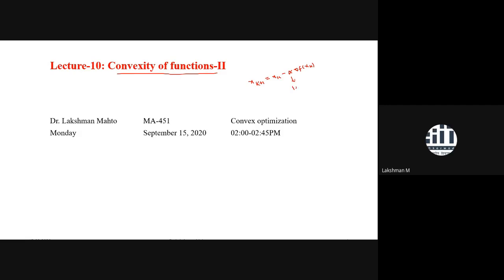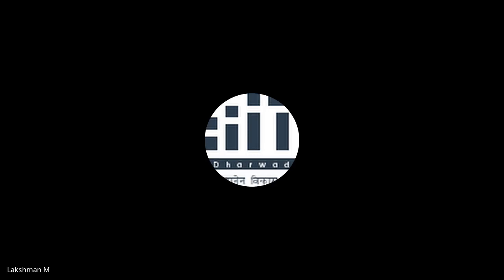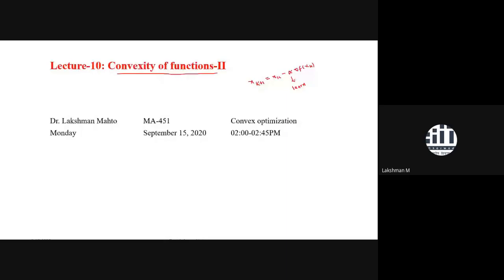There are many names, and there is a well-known theory how to derive this kind of update. I will talk about it when I discuss the algorithm part. Right now, intentionally I'm avoiding it, but to derive this equation, you don't need much detailed concept. Just knowledge of convexity and differentiability would be enough, and Taylor's theorem. So it is a learning rate, or sometimes you can call it a step size.